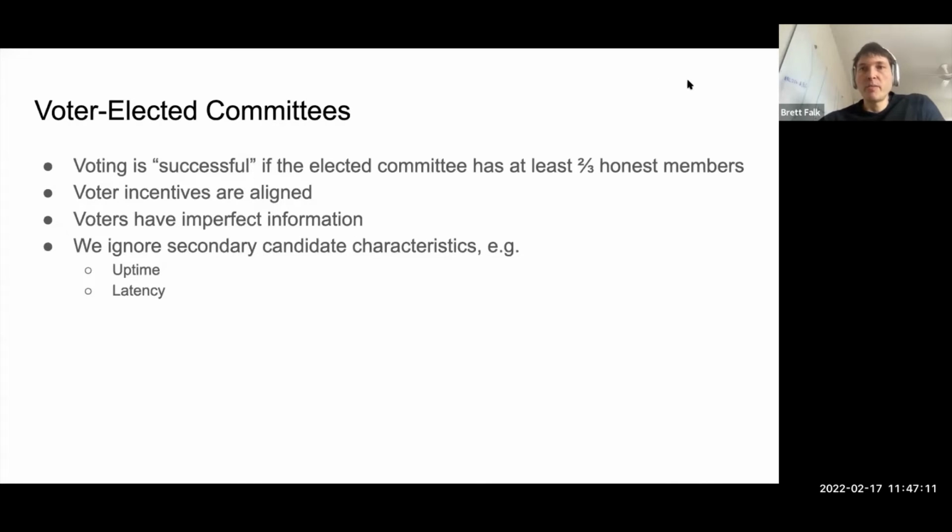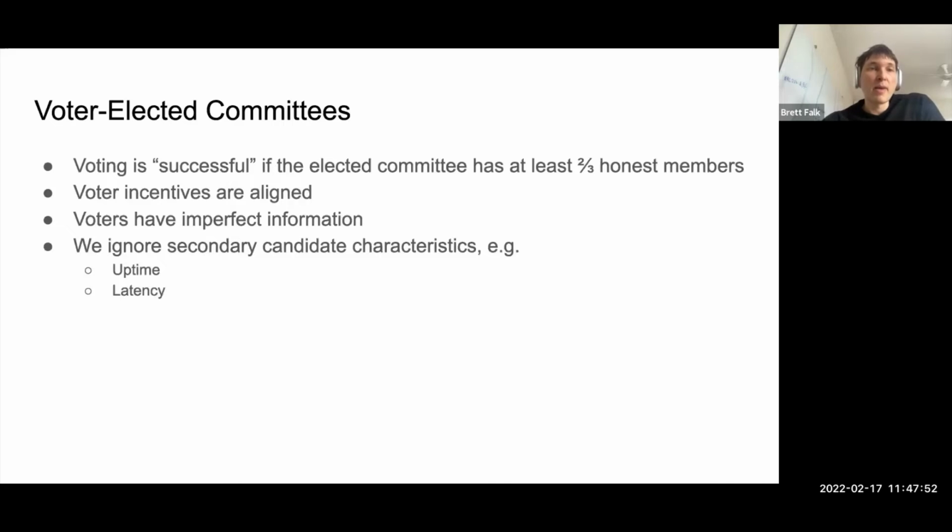So we model this by saying, you're trying to elect a committee, and there's a binary outcome. It's either a good committee or a bad committee. It's a good committee if some fraction, say 2/3, of the elected people are honest, and it's a bad committee if less than this fraction is honest. And this is the model that's used in most cryptographic analysis. This is also the model used in most classical consensus protocols, where there's some sharp threshold: as long as more than some fraction, like 2/3, of the people follow the protocol, then you're guaranteed to come to consensus. And below this threshold, almost anything can happen.